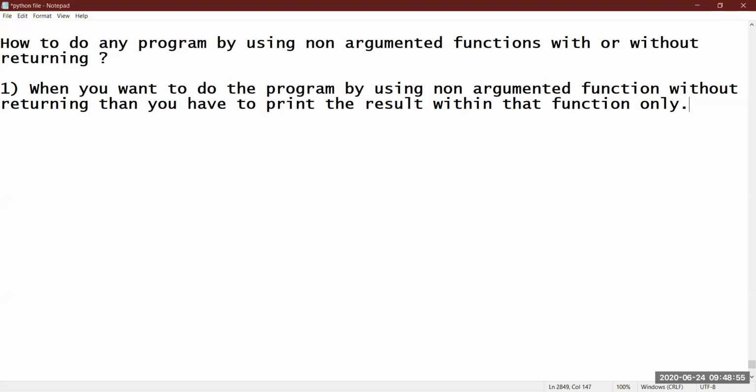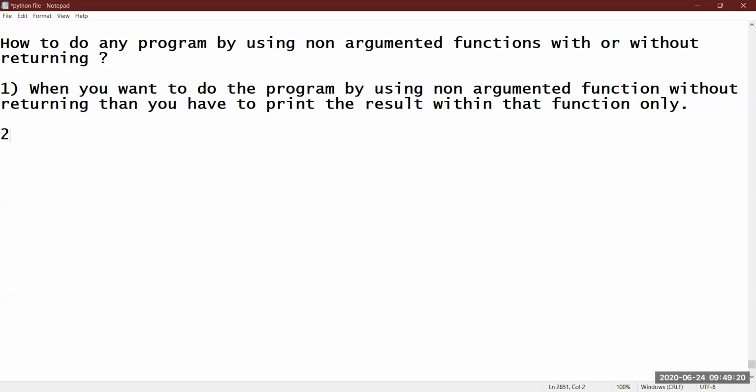Result means, suppose you are finding the sum of 5 numbers, the sum will be printed by the function only. If you are finding the largest from 3 numbers, then the largest number will also be printed within the function only. If you are finding the factorial of a number by using non-argumented function without returning, you have to print the answer there only, because we are not returning anything.